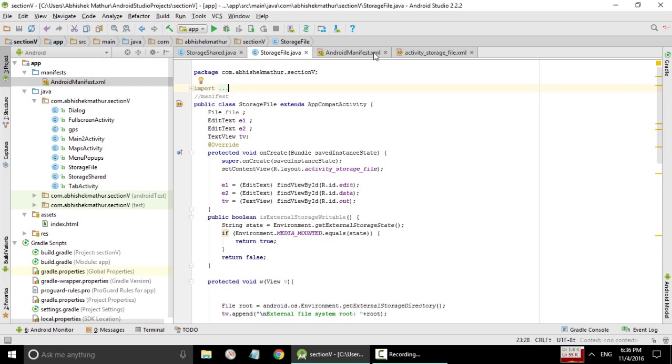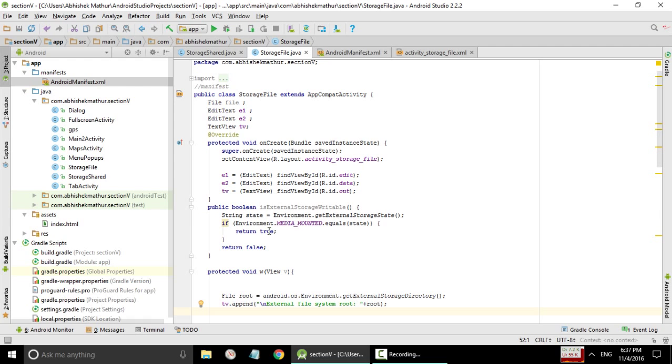Moreover, here I have a StorageFile.java activity in which I have two edit texts and a text view. So basically I get the elements and then first I check Environment.getExternalStorageState. This is the function which I am using to check whether there is an external storage available to the device. So first I get the state and then I check whether Environment.MEDIA_MOUNTED